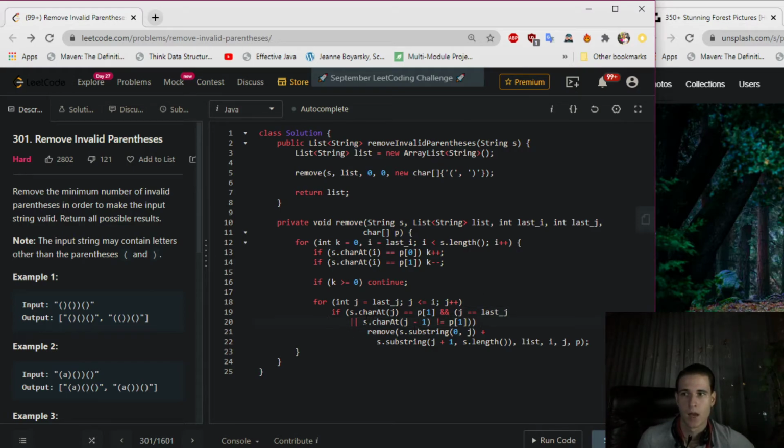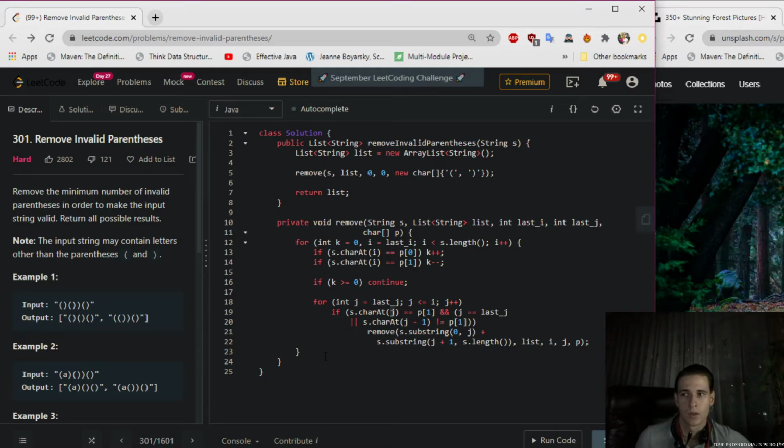This right here means that we delete the first parenthesis in a pair of consecutive ones, where the character at the position j minus 1 is not equal to the parenthesis that is at the position of 1, and we right here need to find the point where the character at the position of j is equal to the parenthesis at the position of i